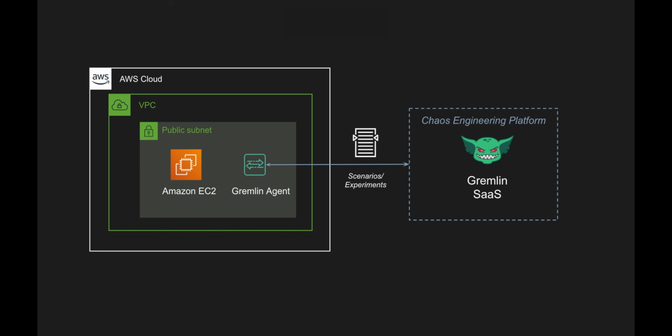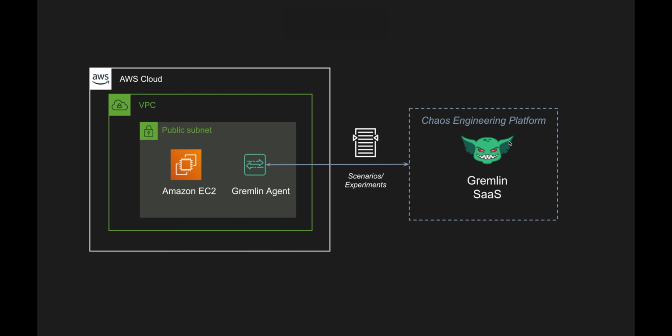So I'll just summarize again. Initially, we created an EC2 instance. We tried creating a Gremlin agent within the EC2 instance. We installed the Gremlin agent. We started the Gremlin agent. Once we started the Gremlin agent, we registered it with the control plane of the Gremlin SaaS using the team ID and the secret key. Once it was configured, we were able to look up the specific host inside our AWS account within the Gremlin SaaS dashboard.